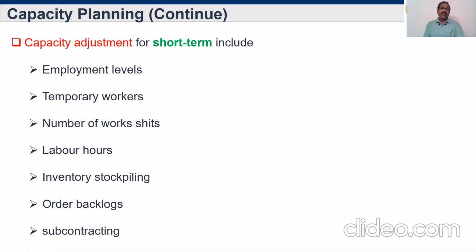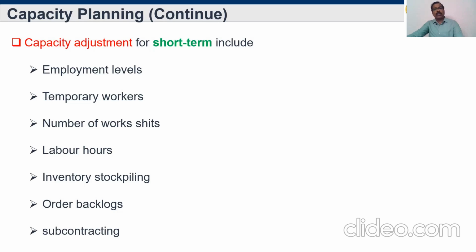Then once the demand period is over, we can send them to another company, or we recruit the temporary employees from a particular agency. The agency gives service to industries like us. In the sense, during our peak period need, we can recruit some people from them and utilize them for our production. Then once the demand is over, we can give them back, so that they can utilize the same workers for some other company.